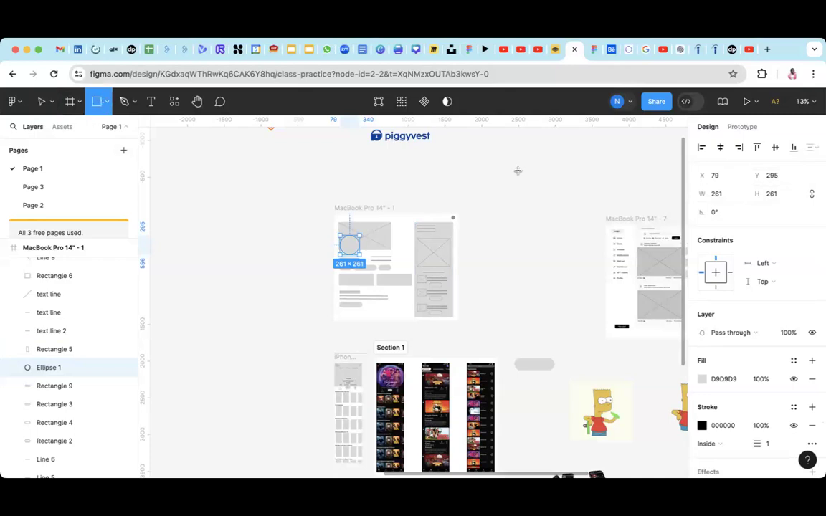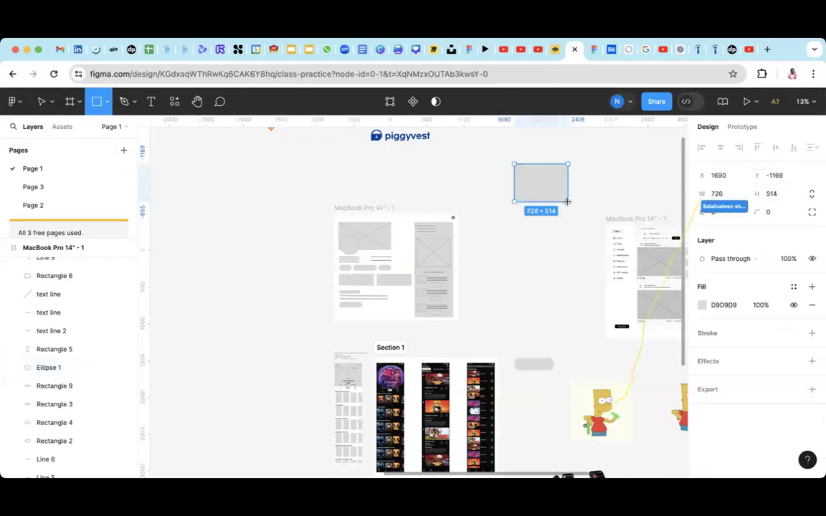So for instance, now, if I draw a rectangle, if I draw a triangle,